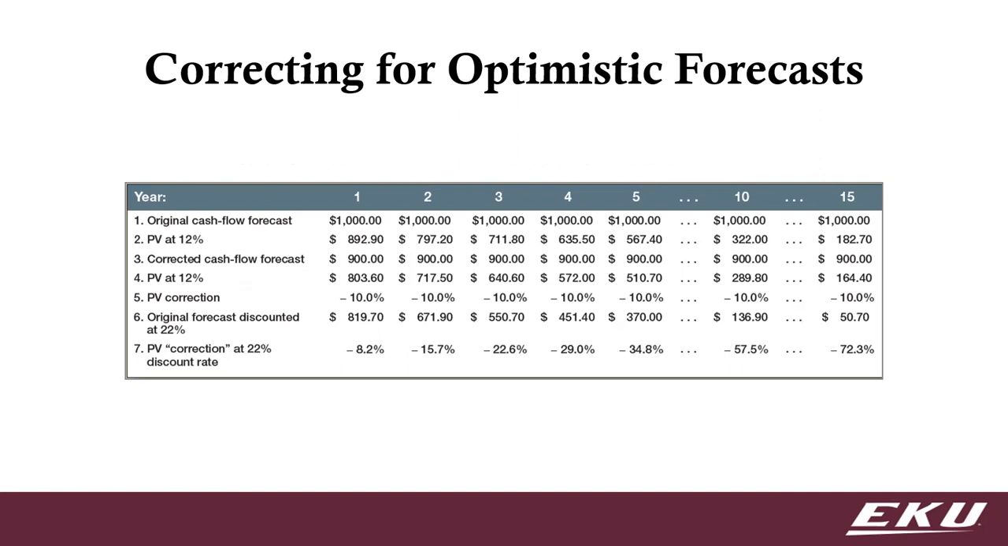They call it correcting for optimistic forecast. Salespeople are always really confident, right? That's what makes them really good salespeople. And because they're really confident, sometimes they're a little overconfident, right? And so